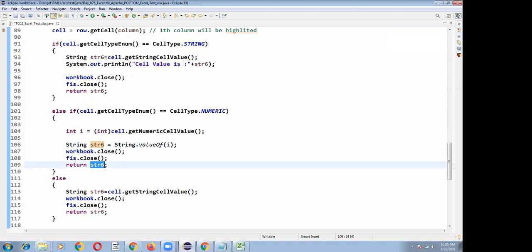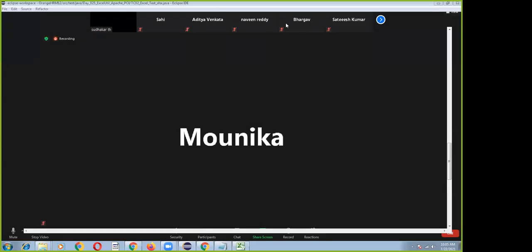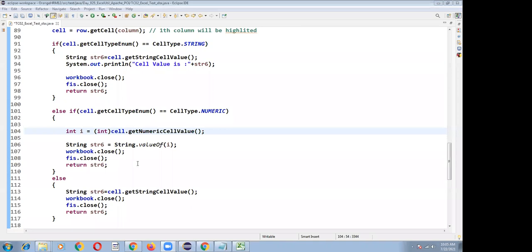If it is a numerical value like 1 2 3 4, that 1 2 3 4 value is converted.